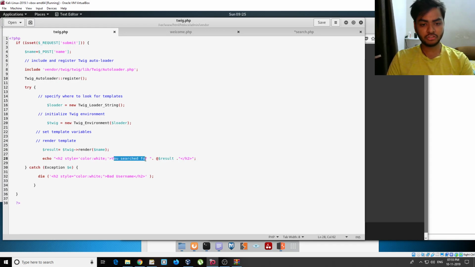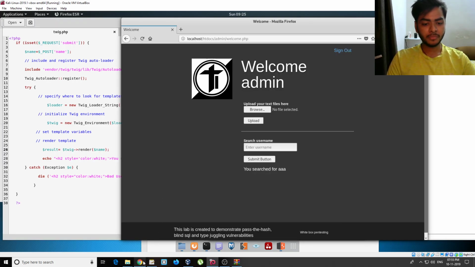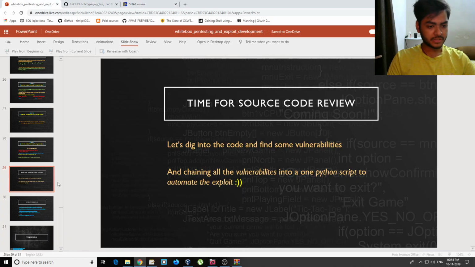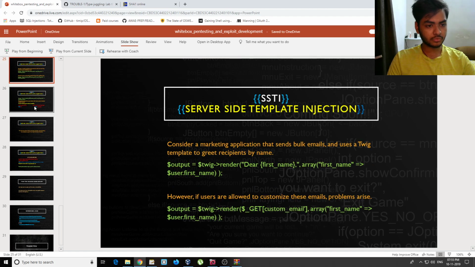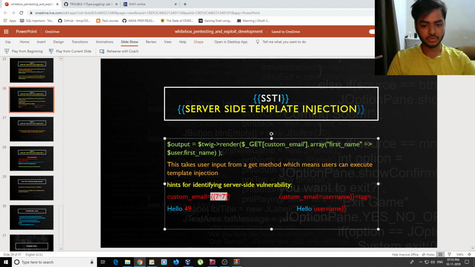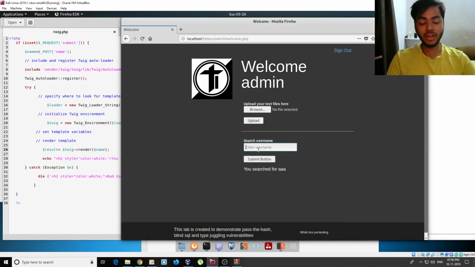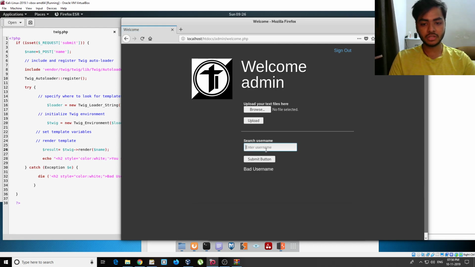You can use it to search for the results, where results is equal to the name. As I showed you in my presentation, you can input some values like this. If the result is 49, you will have an SSTI vulnerability. So yeah, I get 49, and even if I put something else, like a bad username, and then add a username,